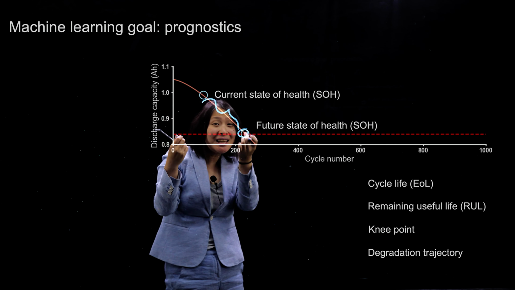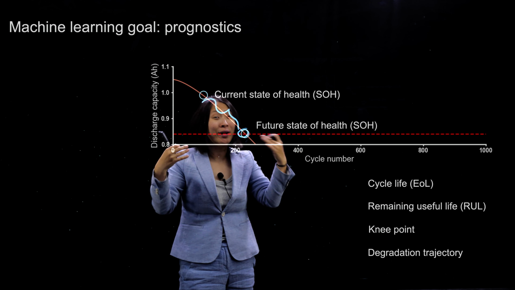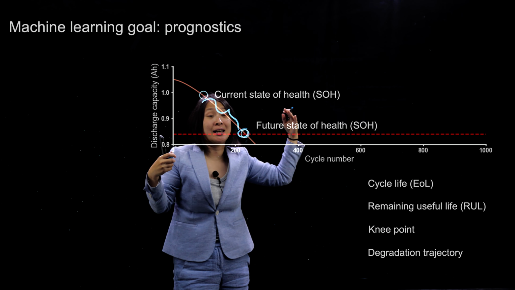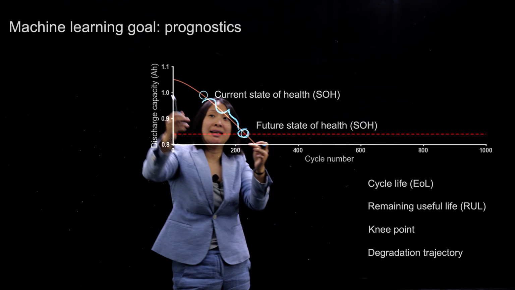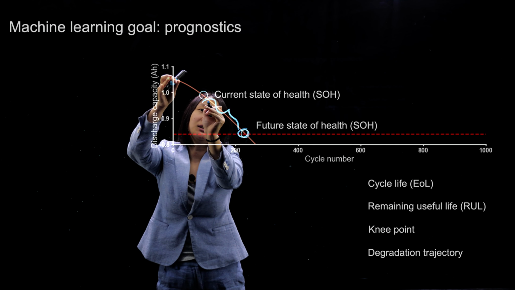So there may be a knee point: up to then, the battery is behaving quite healthily, but after the knee point, it undergoes a catastrophic degradation. So we want to know what that point is. If you imagine this is our battery degradation curve, there may be a specific point,